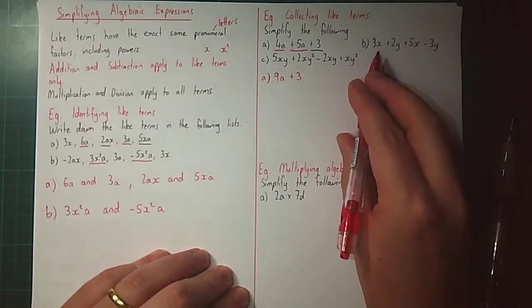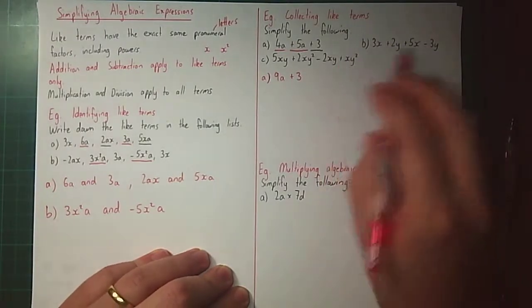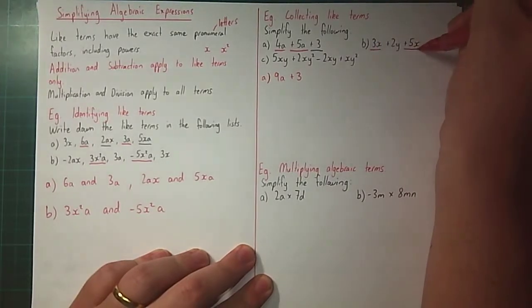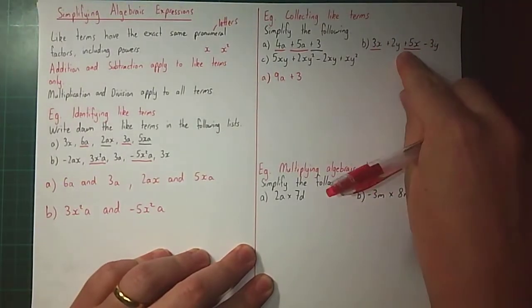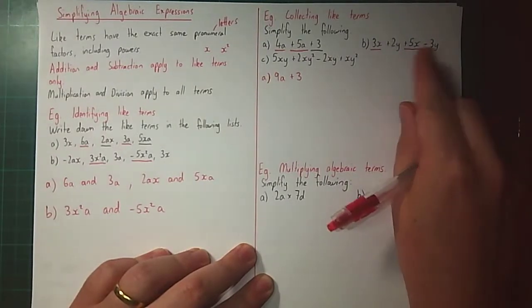We've got 3x plus 2y plus 5x minus 3y. We've got some x's and y's, so I'm going to underline the x's first. Notice I'm underlining the positive that goes with this 5x. That's because that positive matters. You'll see why